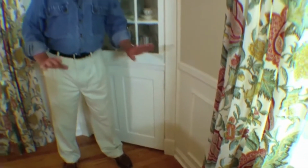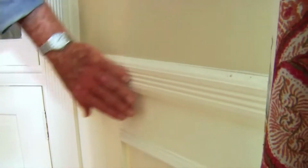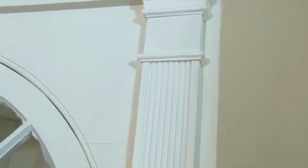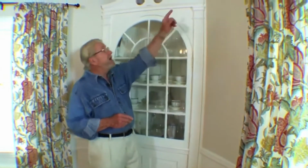You know, this room has some really nice architectural details. Wainscoting down here, built-in corner cabinet with some columns right here, but there's one thing that's missing, and that's right up here where the wall meets the ceiling. It's crown molding. So right now we're going to put some in, and you're going to be amazed at how